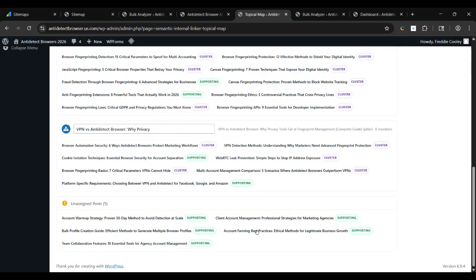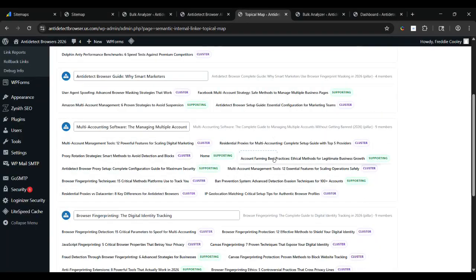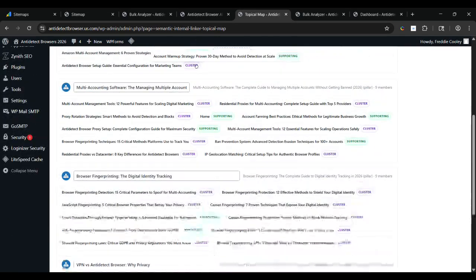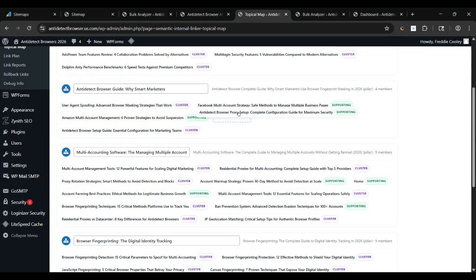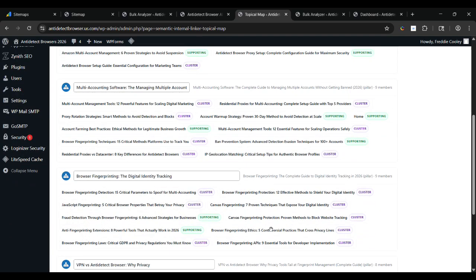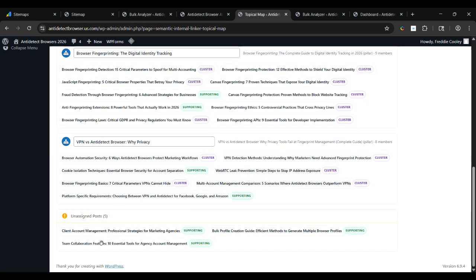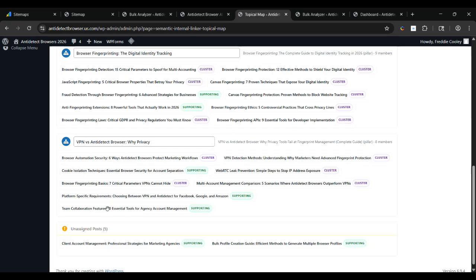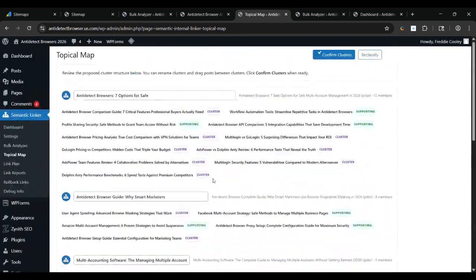Let's see, account farming best practices. That can go into multi-accounting software. Account warm-up, also into multi-accounting software. Entity type browser proxy setup, that should go into there. Counting. Let's see what else. Anti-fingerprinting, that's good. Browser automation, VPN, team collaboration. You can put that in here. Actually, team collaboration can go into multi-accounting, and I believe